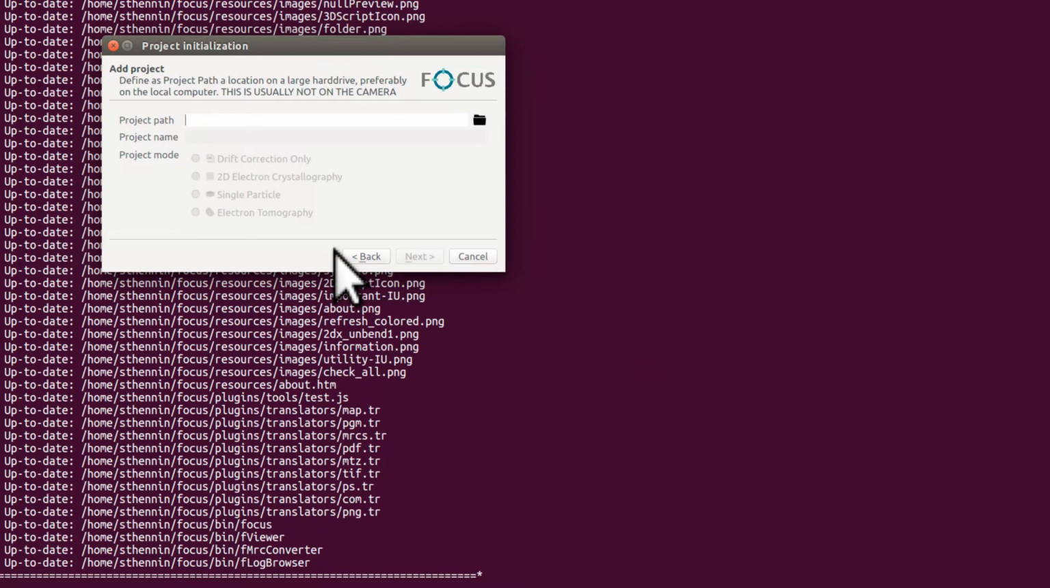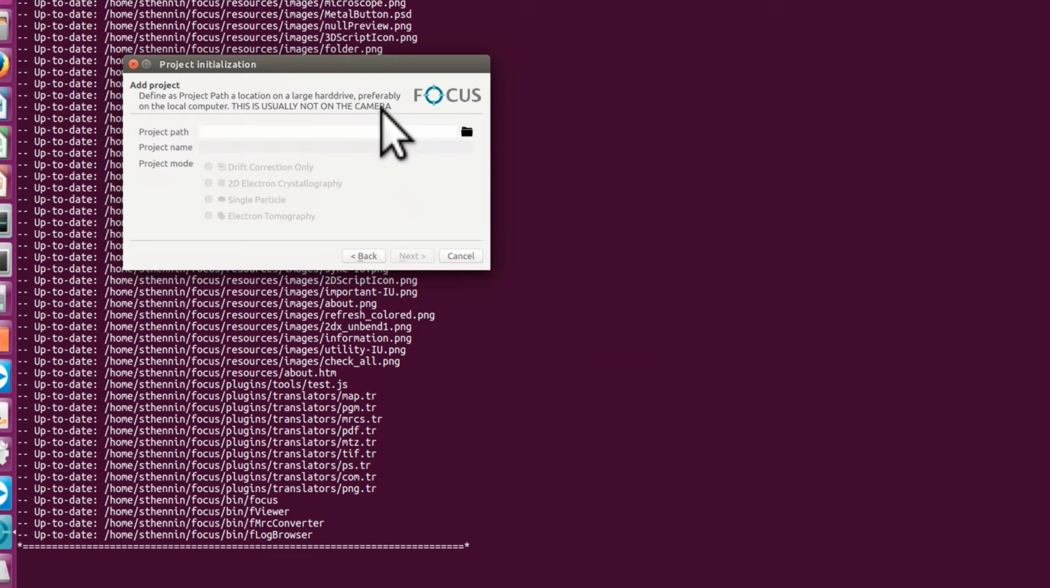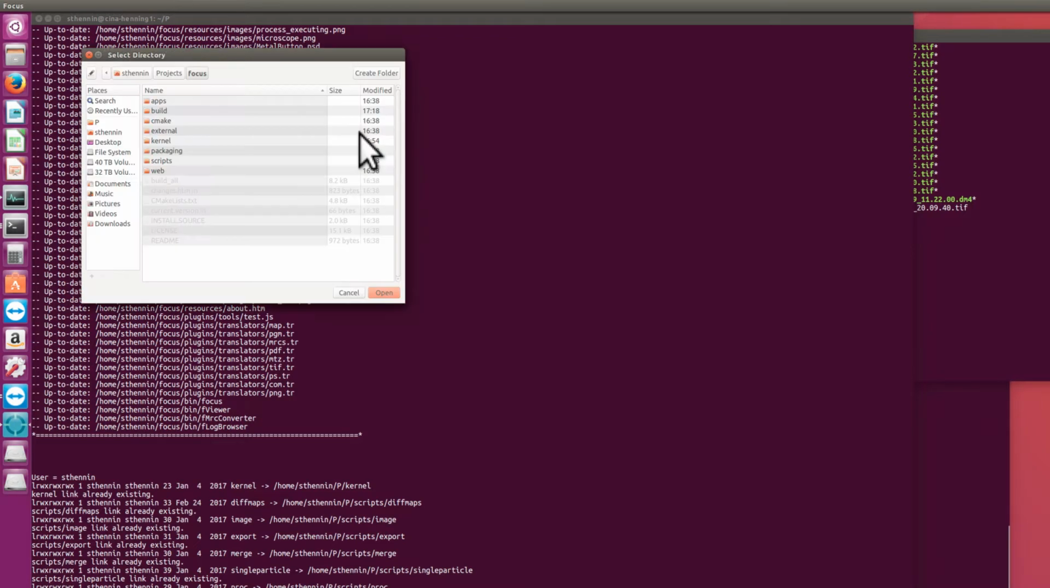Now I need to localize the source directory for this project. And this is not on the camera computer, which would be a slow remote drive. This must be on the local drive on your local RAID system, a fast and large hard drive where you have lots of terabytes available. So I do this now on this data,